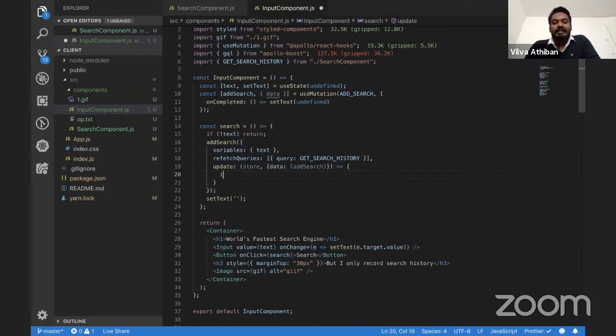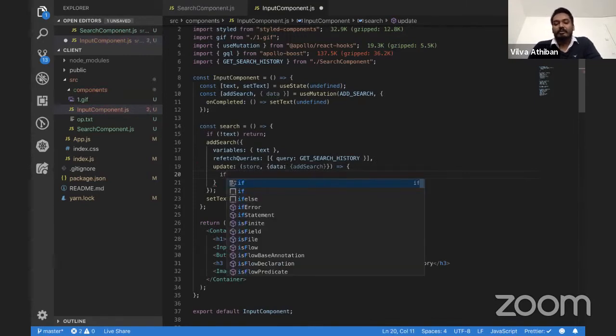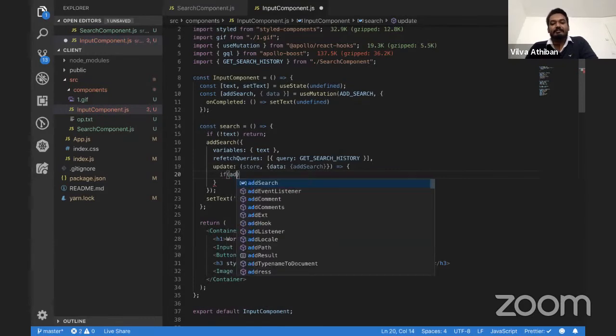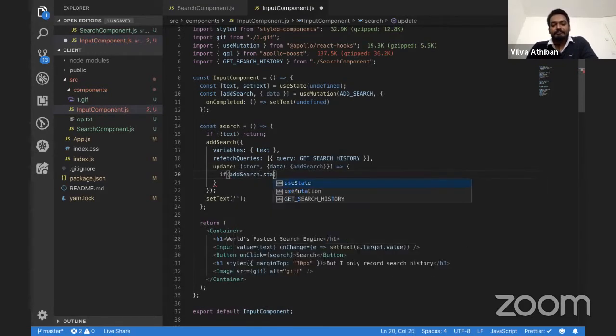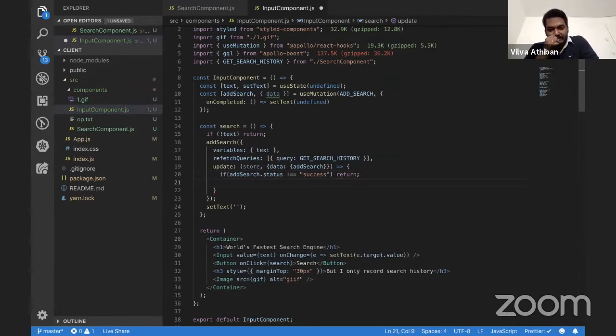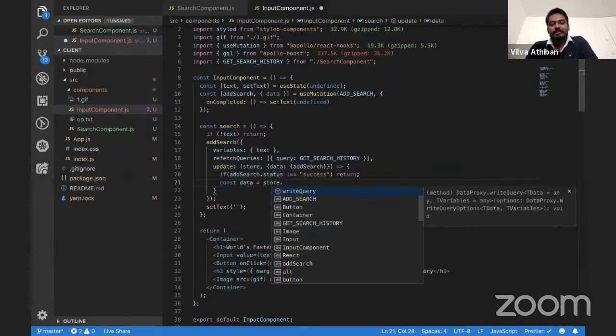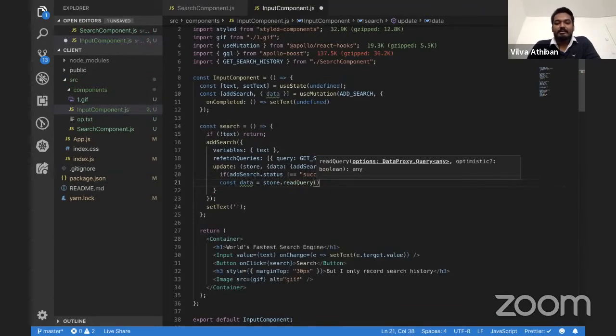And I'll have to modify the cache only if my ad search is successful, right? So adSearch.status equal to success. If it's not equal to success, then I'll just return and not do anything. But if it's successful, first I'll get the list of local searches, the local cache. So let me take const data equal to store.readQuery of, we need to